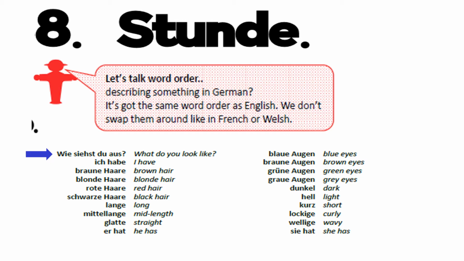Black hair, schwarze Haare. Long is lange. Mid-length is mittellange. Straight is glatte. And to say he has, you would need to say hat. So it's I have, ich habe, or hat is he has. Eye descriptions then, we've got blaue Augen. There's lots of vowels there, but you kind of need to break them up into two sounds. So you've got the AU sound and then the E, so that becomes blaue, yeah? So blaue Augen is blue eyes, braune Augen is brown eyes, grüne Augen is green eyes, grey eyes is graue